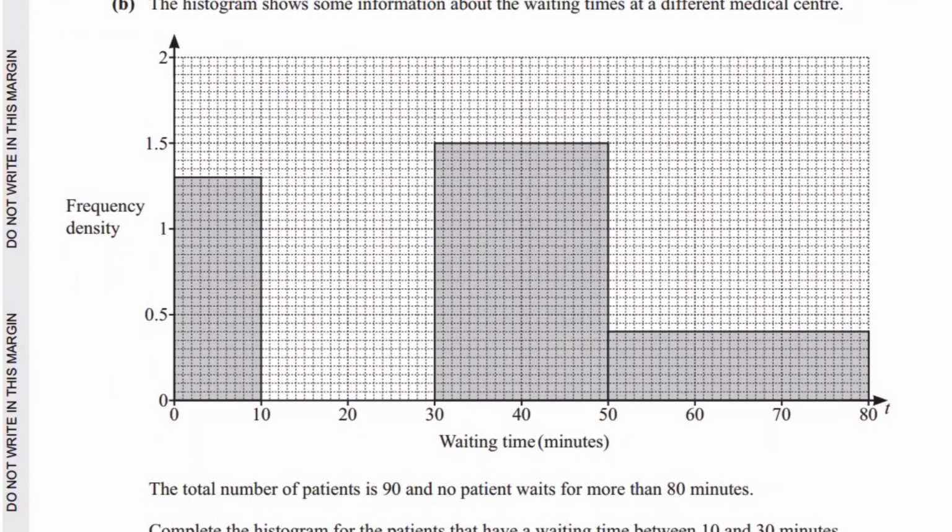So if the total number of patients is given as 90, you find the frequency for each of these given intervals. This is 1.1, 1.2, 1.3. This is 1.5. And this one is